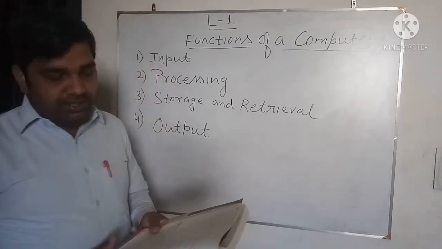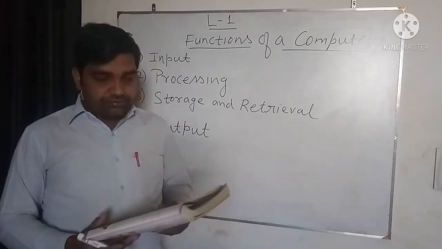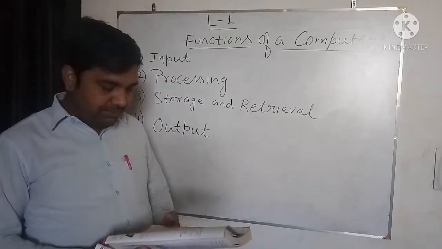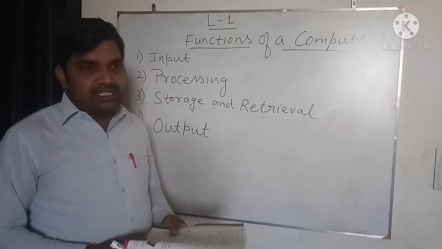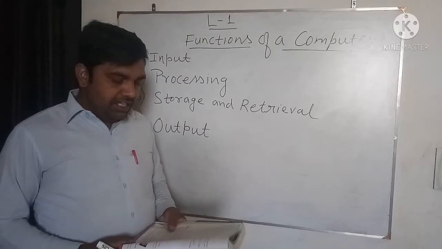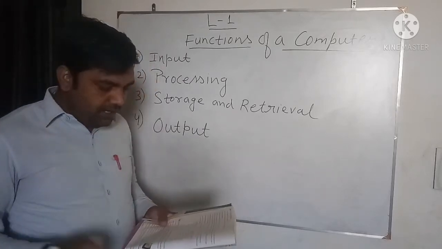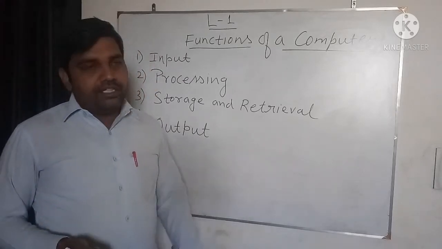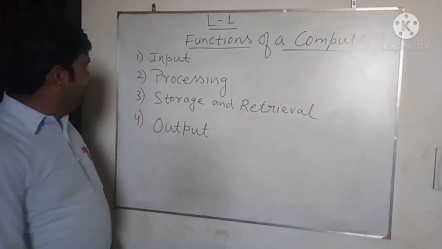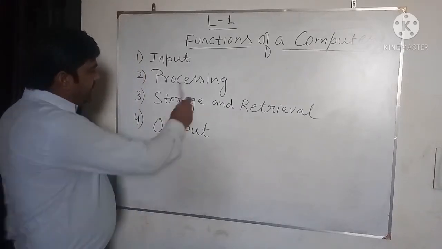Okay, next topic is the basic organization of a computer. How the computers are made, what are the different parts of the computer. A computer system basically has three main parts: input unit, CPU, and output unit. So the three different parts of the computer are the input unit, the processing unit, and the output unit.